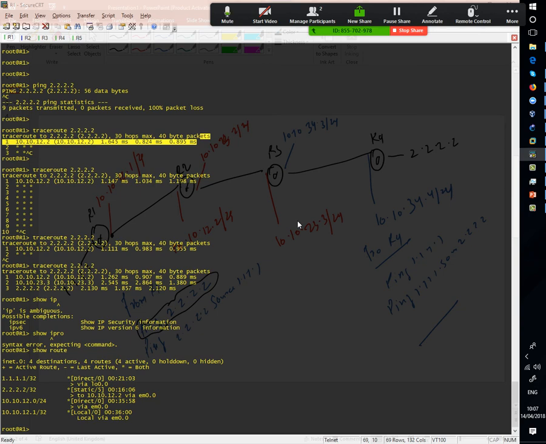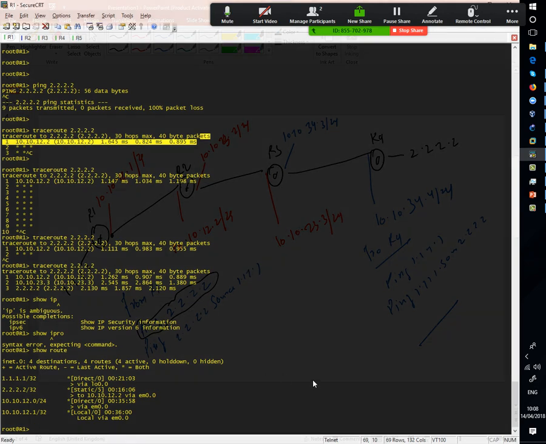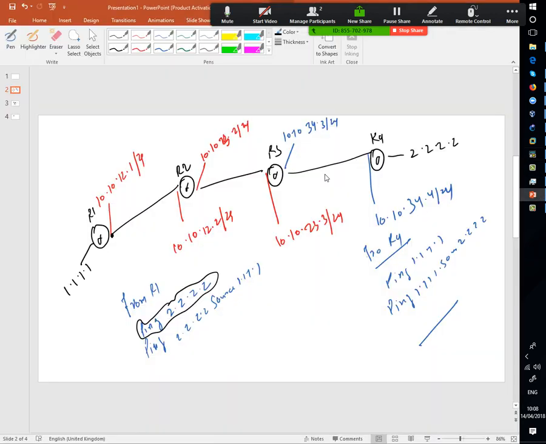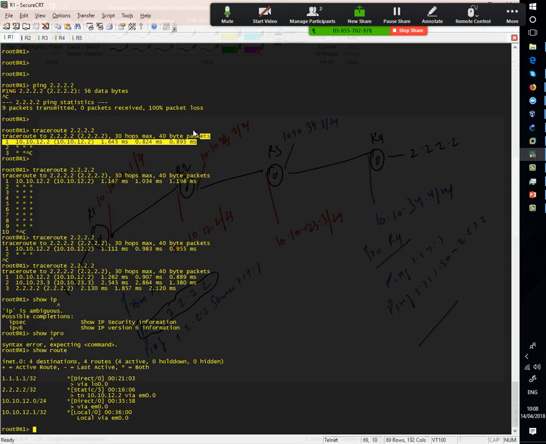Yes, absolutely correct. We need to give the R4 physical IP route in R1 as well. Because when I'm pinging 10.10.12.1 from R4, what is my source IP? 10.10.34.4, that is my exit interface, right? When I'm pinging, this is my exit. 34.4 is my source IP address, and R1 does not know how to reach 10.10.34.4. Correct? So if I give a static route here,